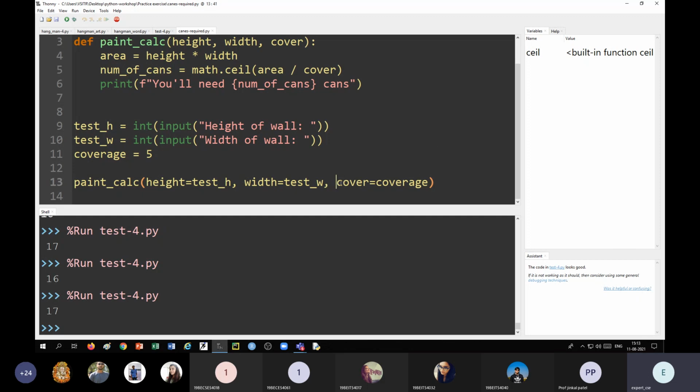Now, if you do it this way, you can write the arguments in any order. Say Control X, you can put it here, Control V. So it will give you the correct result.